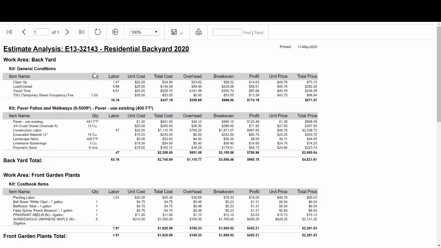The Estimate Analysis Report provides a complete pricing breakdown of every single line item on the proposal. So if you're wondering why the estimate costs what it does, this is the report to go check out. You can see every line item is broken down not only in the quantity and the cost, but also the overhead allocated to it, the break-even point, which would be cost plus overhead, and then how much profit you're expecting